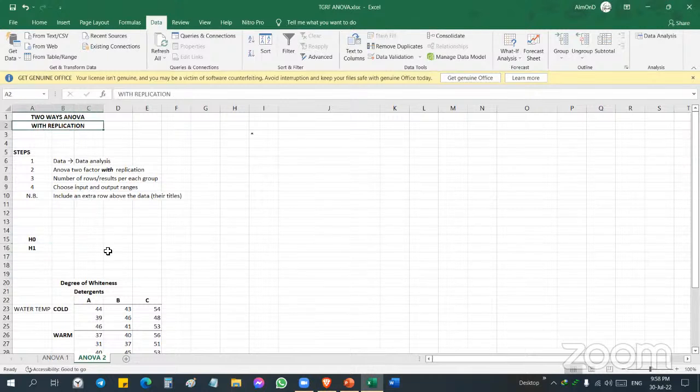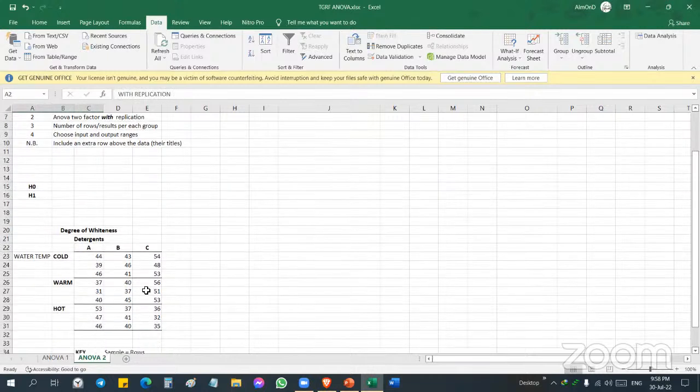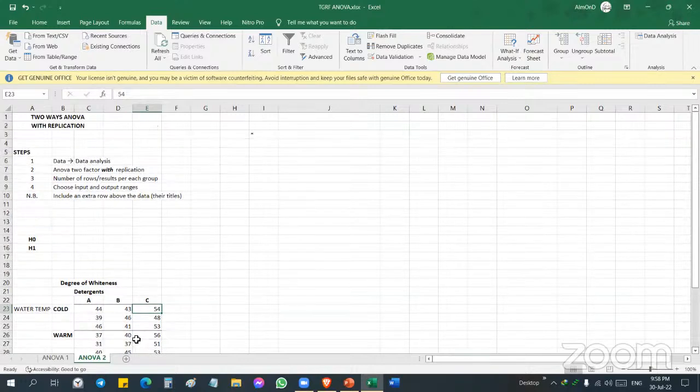So this is a 2-way Anova. This is with replication. Why is that with a replication? Because it's different sets of data. It's different pieces of clothes that are all white. We didn't take the same piece of clothes and use detergent A on it, and then B, and then C. No, these are totally different sets of data. They are not related. So let's again click on data